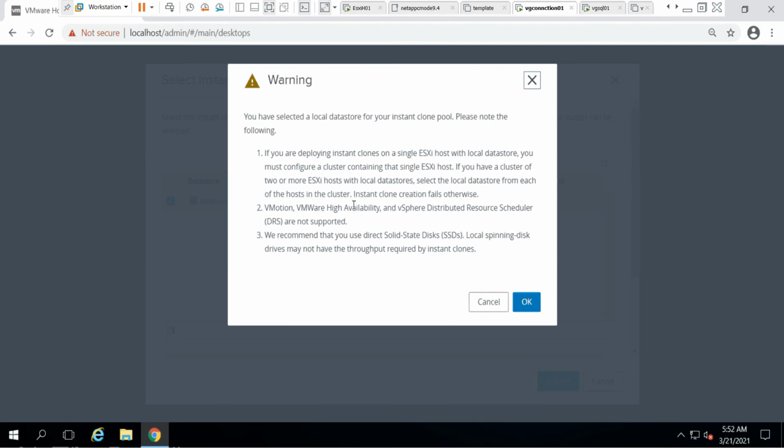If you have storage like NetApp or Pure or anything, we will provision the LUNs, and those LUNs will be shared between all the ESXi hosts. At that time you will create storage DRS, everything. In that scenario you won't get this warning, but we are using the local data store of ESXi. That is the reason we are getting this. We can ignore this and click OK. If you want to understand more about it, you can go through what is listed here. I simply told about why it is coming. The same thing was mentioned there. So click OK.